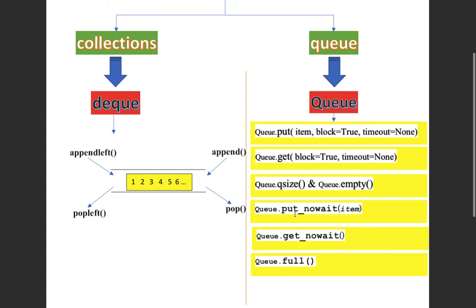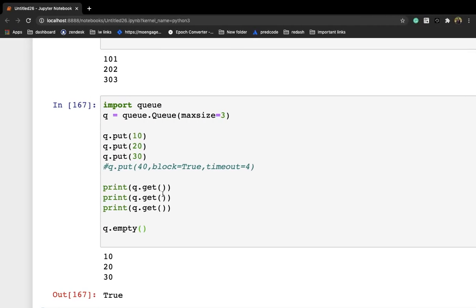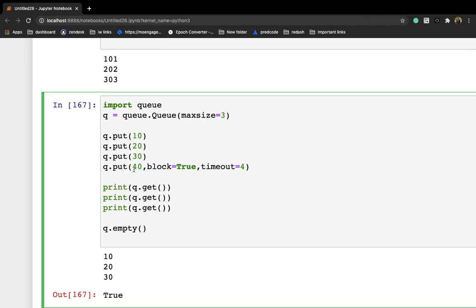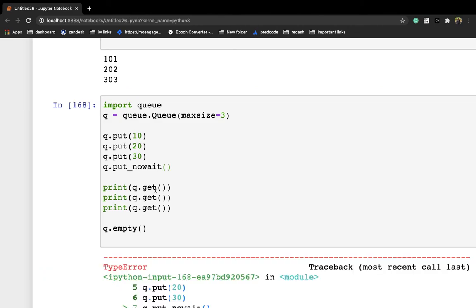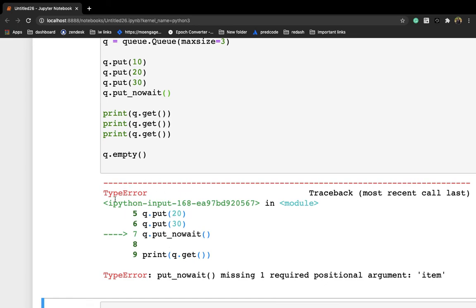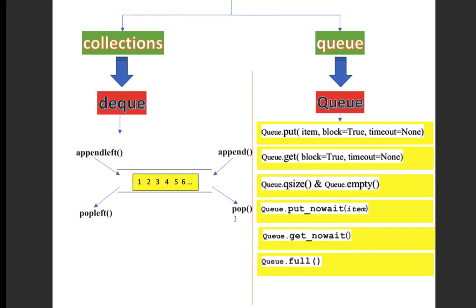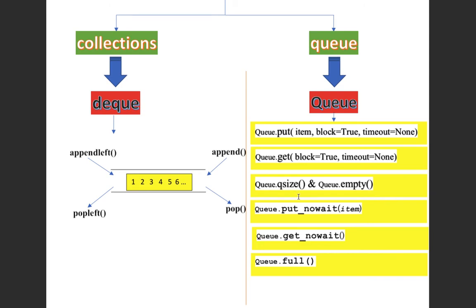Next one is put_nowait, right? So here instead of this we can write nowait. If we write it here, it will immediately throw an error saying, I think it's wrong.